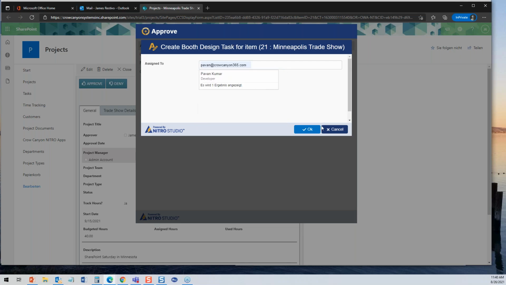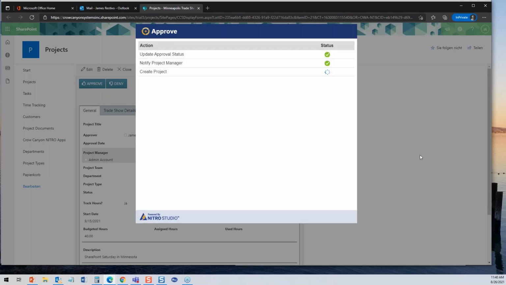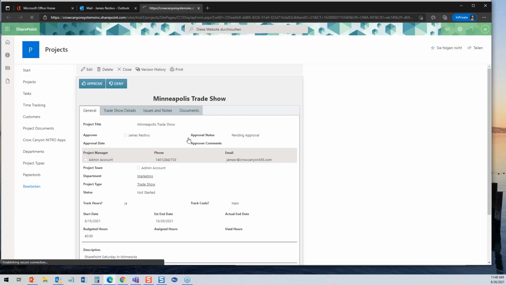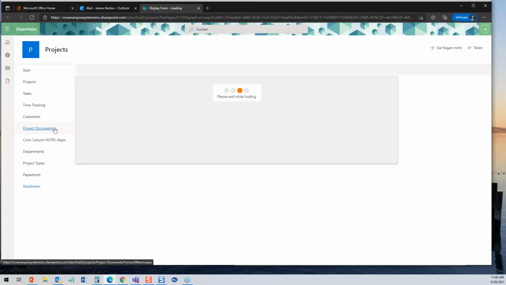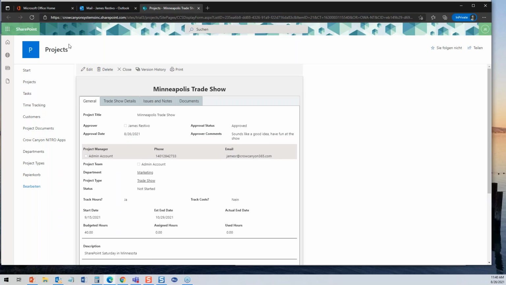Like that. Since it was approved, it also ran the create project step. And we're going to assign it to Pavan to do the booth. And then we're going to finish creating the project, and we'll see what went on here with this. Close. Okay, so now if we look at our different emails that I have going on here,